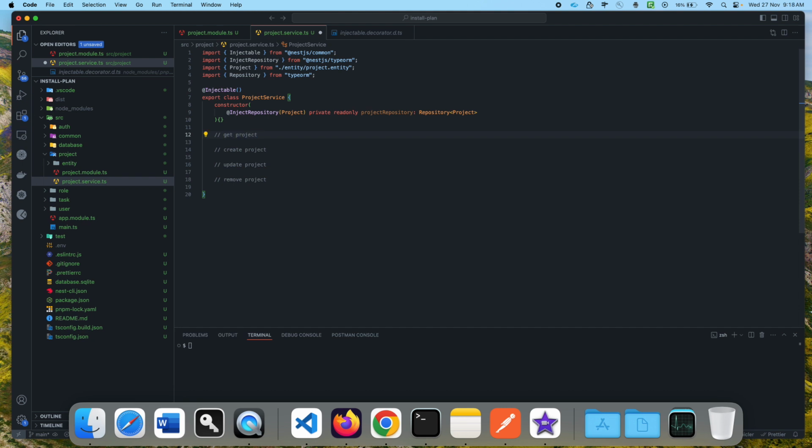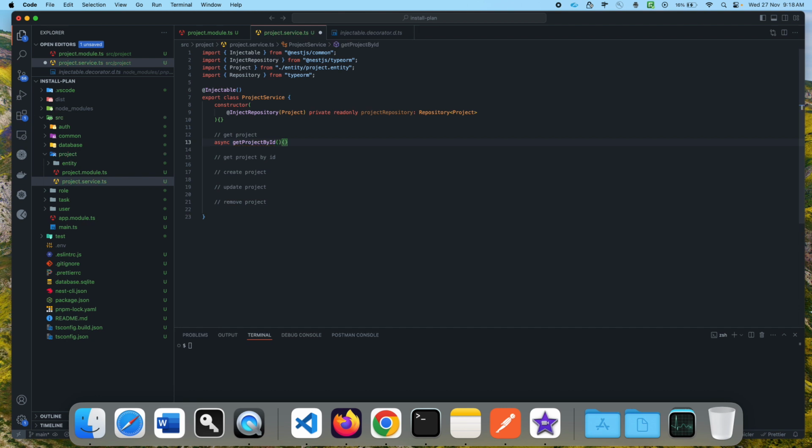So this will give us all the project list, and the last one is get project by id. I think that's all we will be needing. If we need something else, we'll come back and write it at the end. So let's start one by one. So here in get projects, I'm going to write its name as async get project by id, and